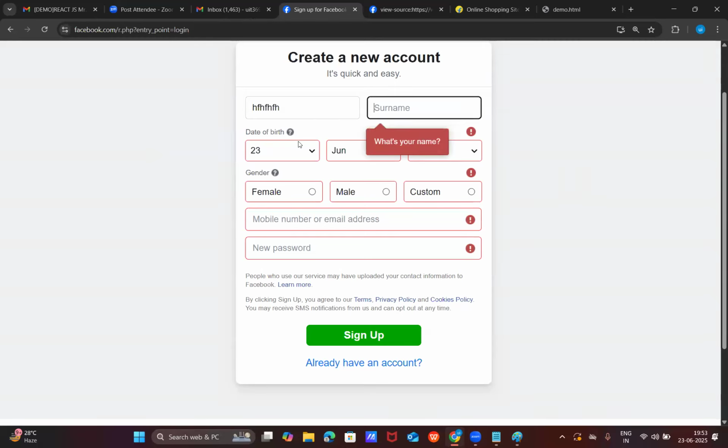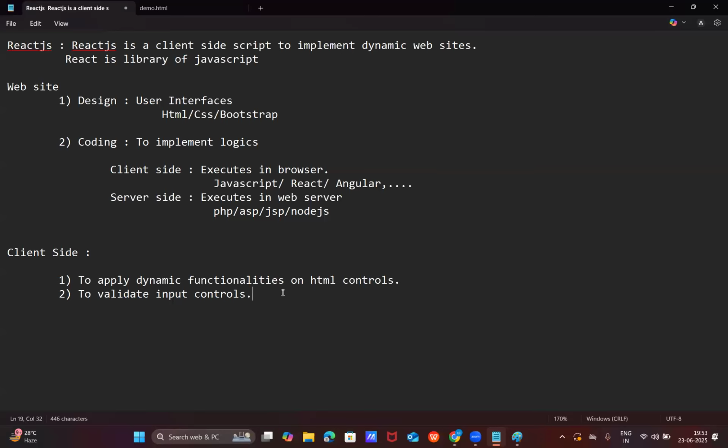Like that, whatever controls we display, sometimes you need to validate those controls, based on the requirement. Like mandatory fields, comparison fields, or formats like email format, date format, etc. From this validations point of view, also we are taking the support of these client-side scripting languages. That's the next point. Third one,